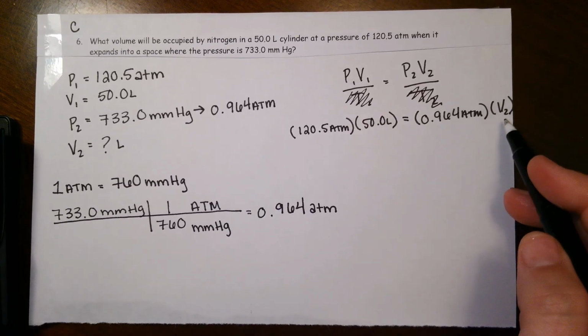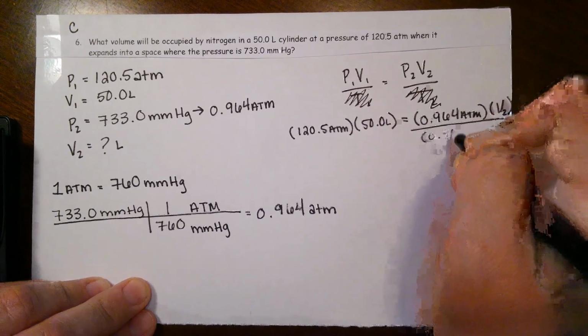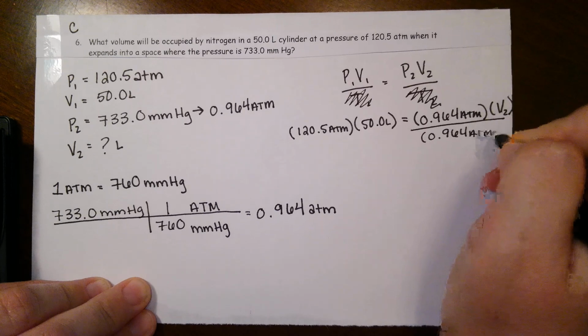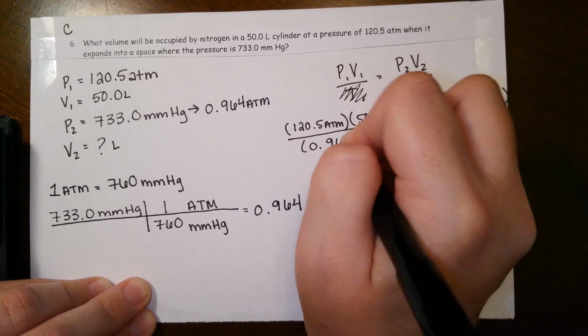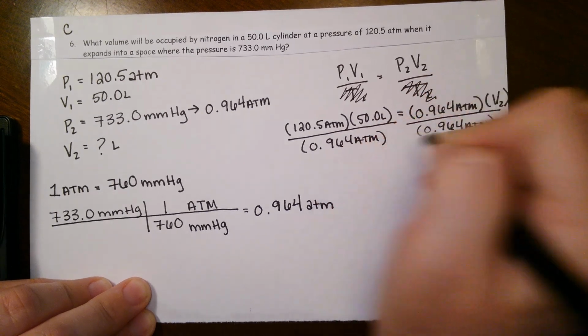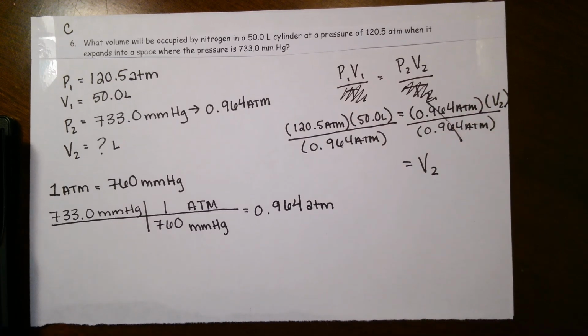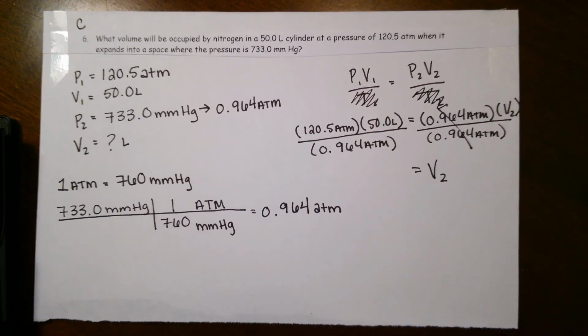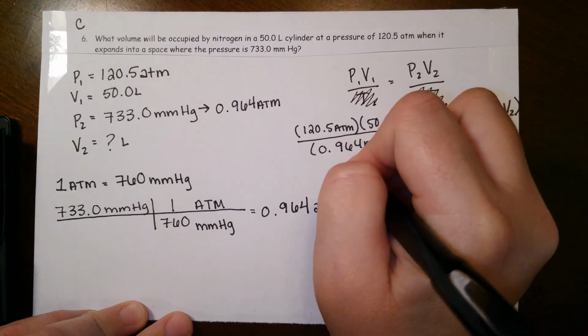Keep in mind we want to isolate that unknown variable, so we're going to divide both sides by 0.964 atm so we can get it by itself. It cancels. So V2, let's go ahead and plug it all in. So we say 120.5 times 50 divided by 0.964, and we get that the new volume is pretty large,